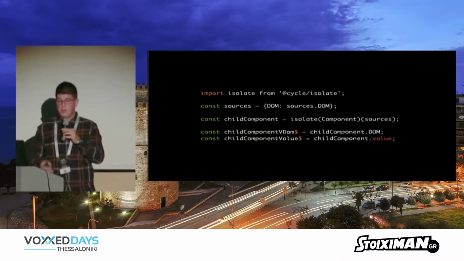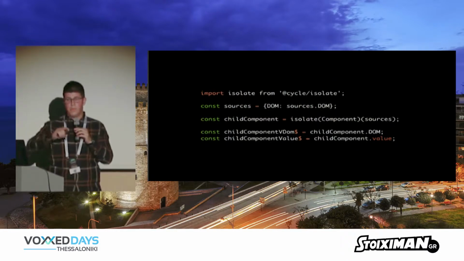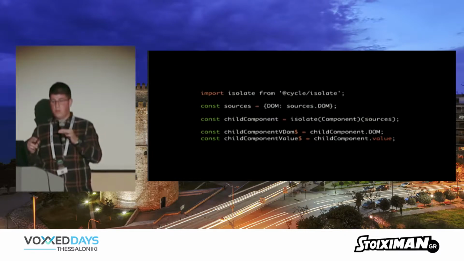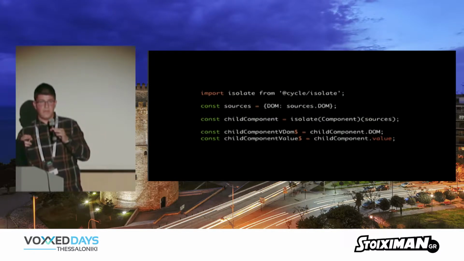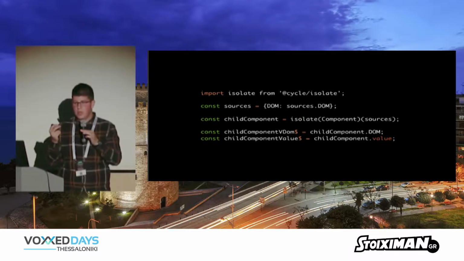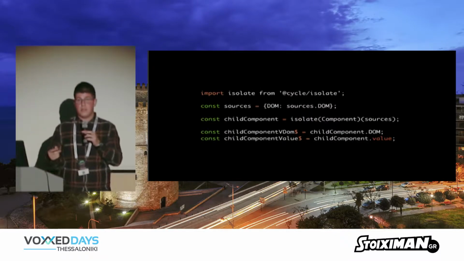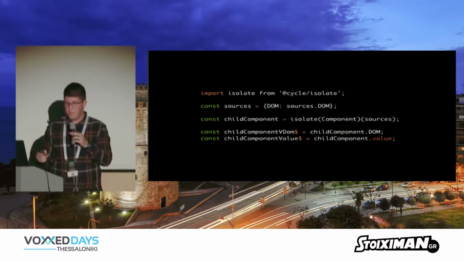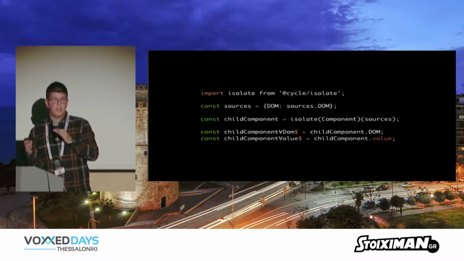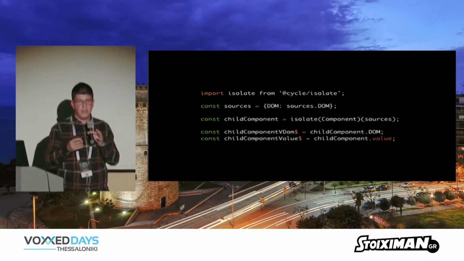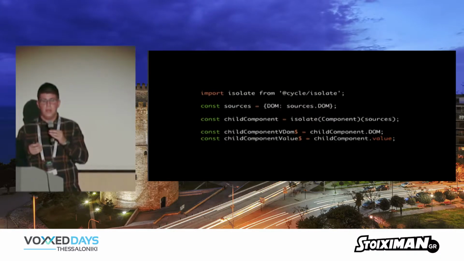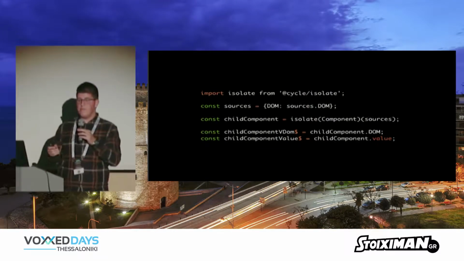Then we declare the child component and call the isolate function, where isolate accepts one argument, the component, and it's returning one more function. That function accepts the sources. And isolate is returning us the sinks that are coming back from the child component